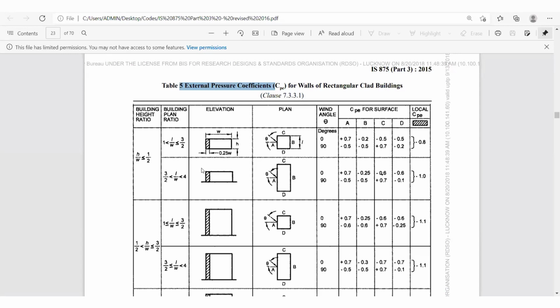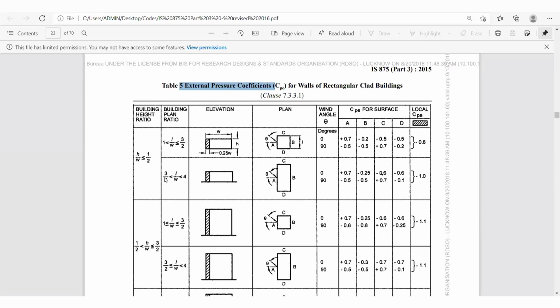In that, we have one more building ratio that needs to be checked. The length is 30, right? 30 divided by width, that is 15. So it is 2. Is 1 less than 2 less than 3 by 2? What is 3 by 2 as a ratio? So this we can't follow because this is 2, which is not less than 1.5.